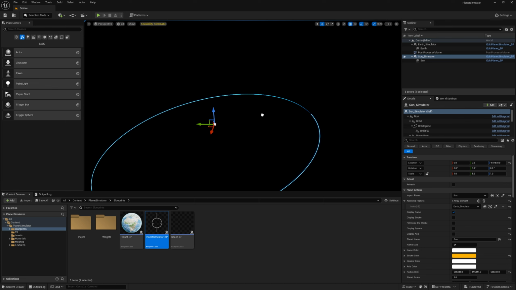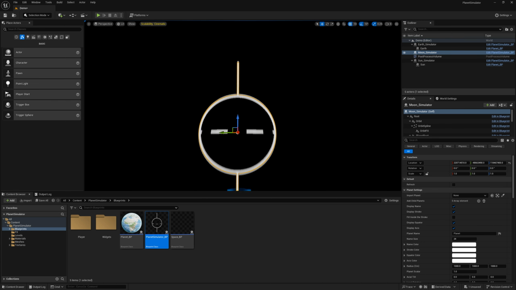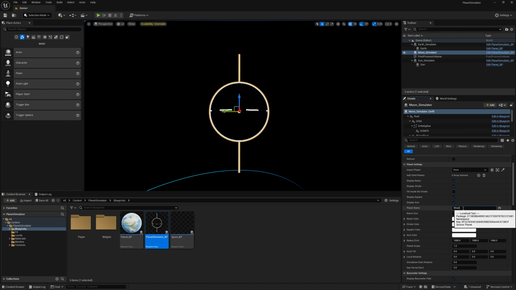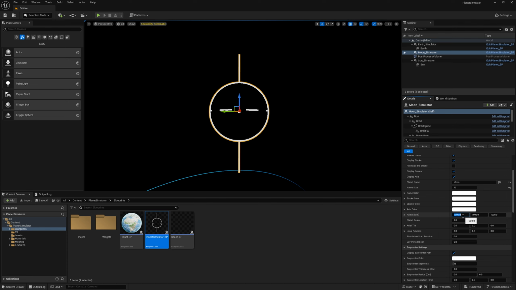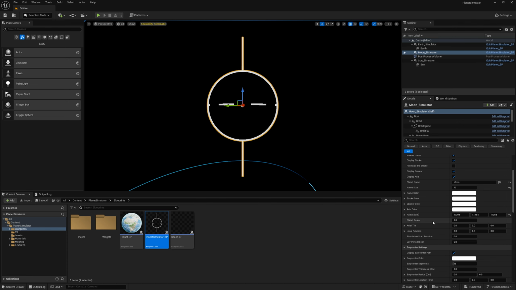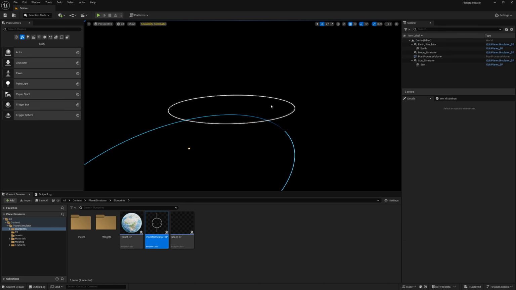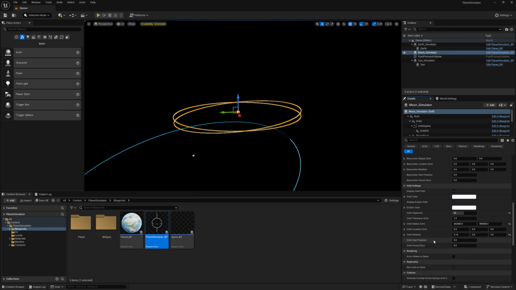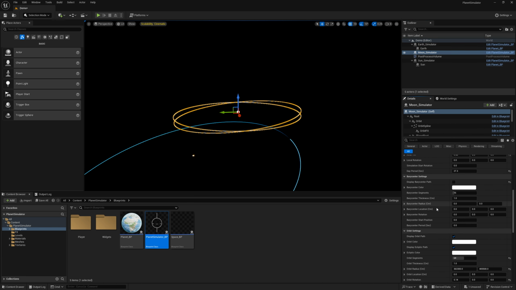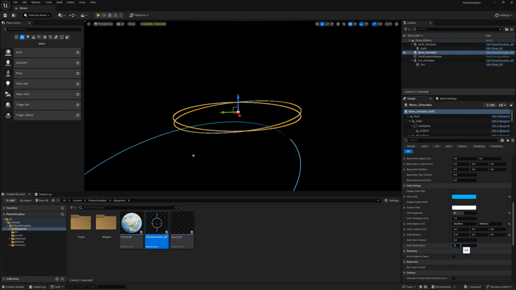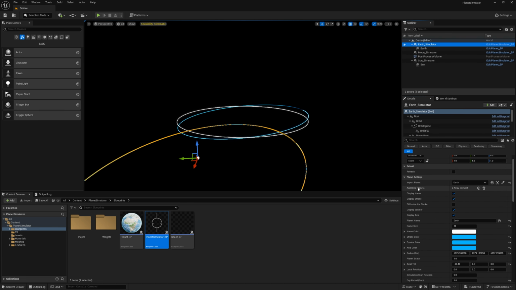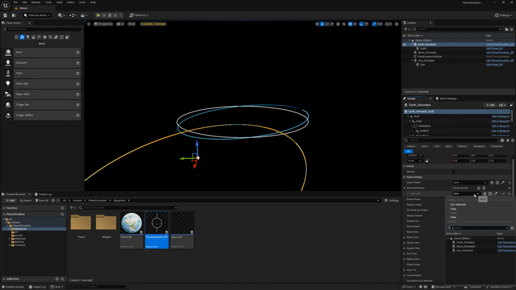Now let's try to simulate the moon. Since we will be repeating almost the same things, I will speed up this part. After making all the settings, we can now attach the moon to the Earth.